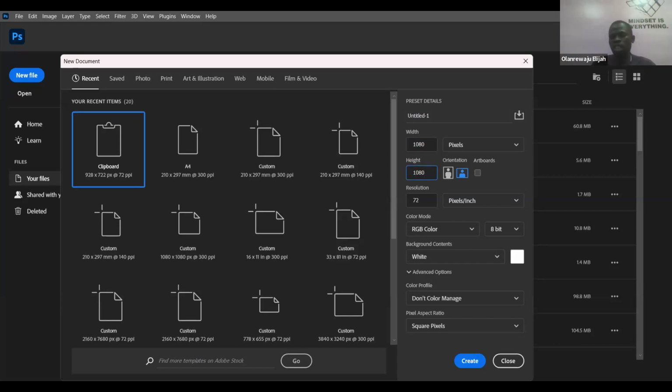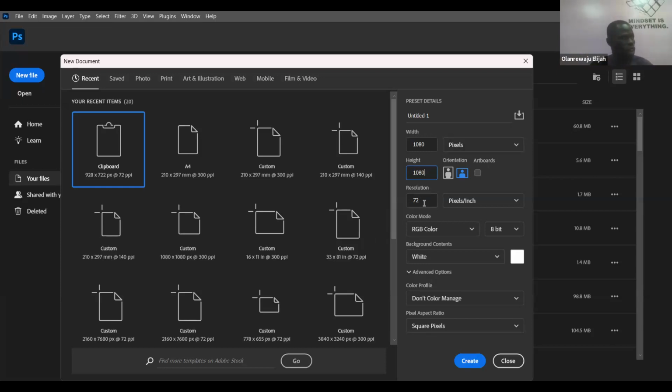Yet, except on Instagram, which has another dimension, I think maybe 1350 by 700 or something. I can't really remember, you guys can search for that. Different dimensions are acceptable for Instagram, so you can search for it. But I'm very sure of 1080 by 1080, which is square orientation. Do we get it now?